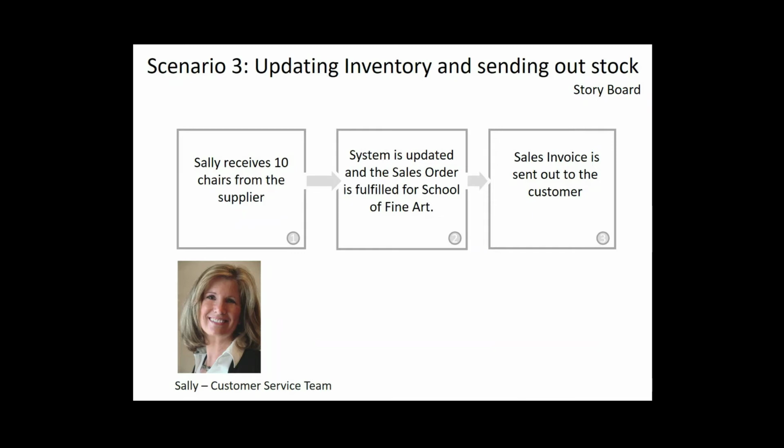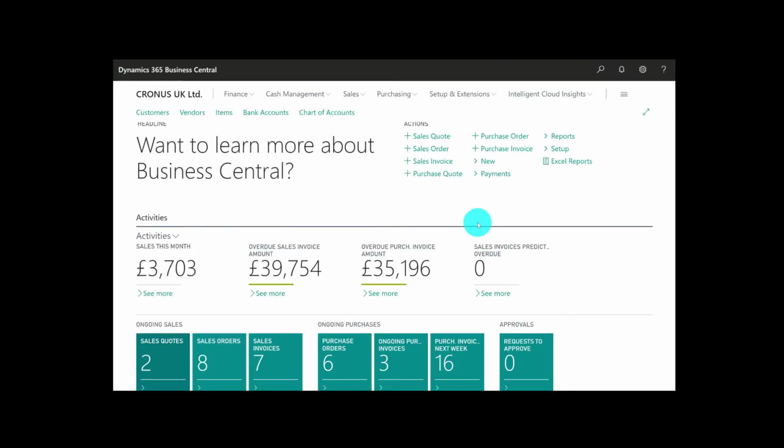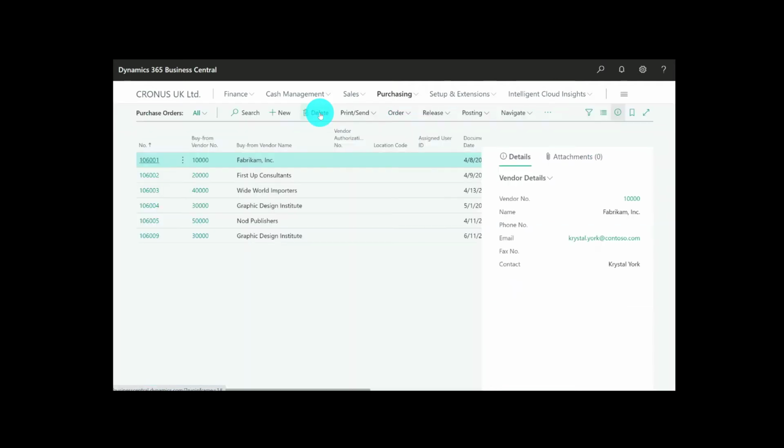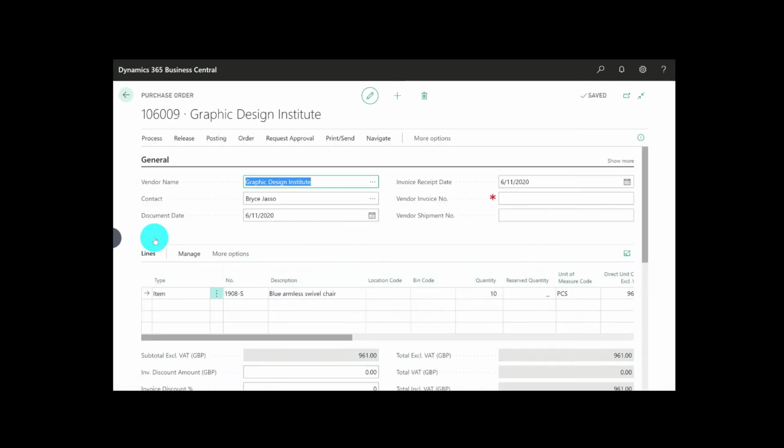Our next scenario is that the chairs arrive. We need to update the system with that and then fulfill the sales order, and finally send out a sales invoice. So we go to the purchase order that we created a few moments ago on the Graphic Design Institute, because the chairs have now arrived. This is the purchase order for the 10 chairs, and very simply